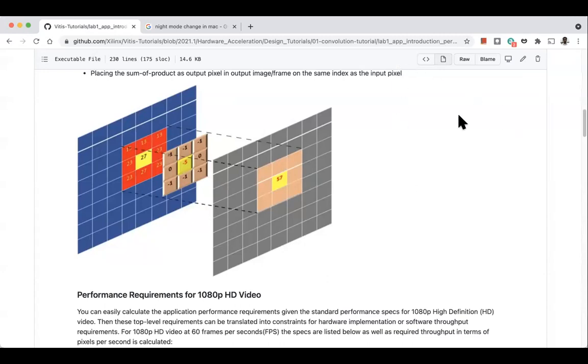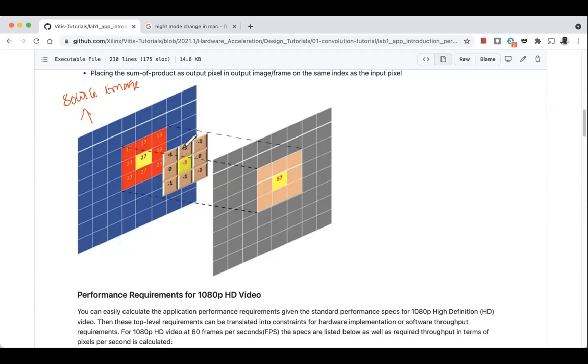So if you see this picture, this is the source image. What you are seeing in the leftmost is the source image, and we are applying this filter.